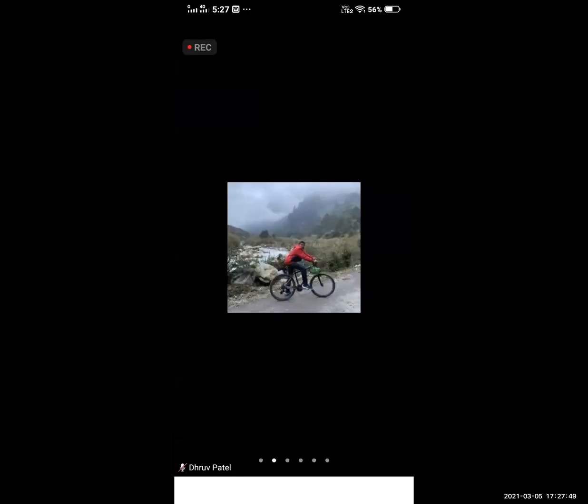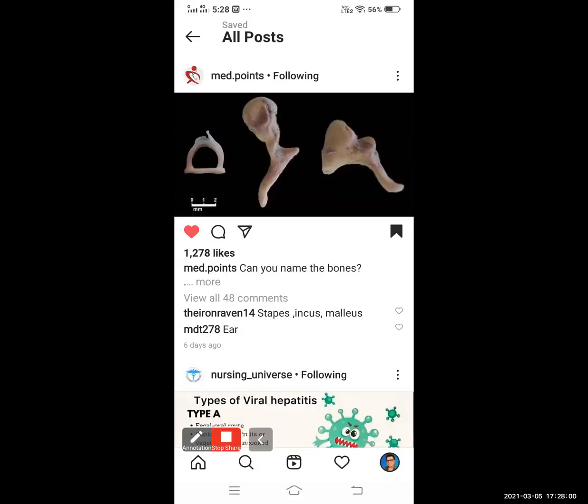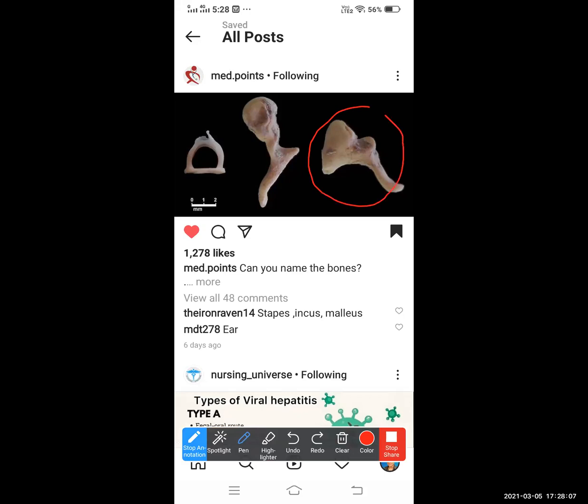Okay, see here on your screen, you can watch these three bones, right? The first bone on the right-hand side is your hammer-like bone. Can you see the screen, children? This one is your first bone, which looks like a hammer, right? So what will that be called? Or that middle one is like a hammer. Identify now these three shapes, three bones. Tell me. This is the handle that I told you about.